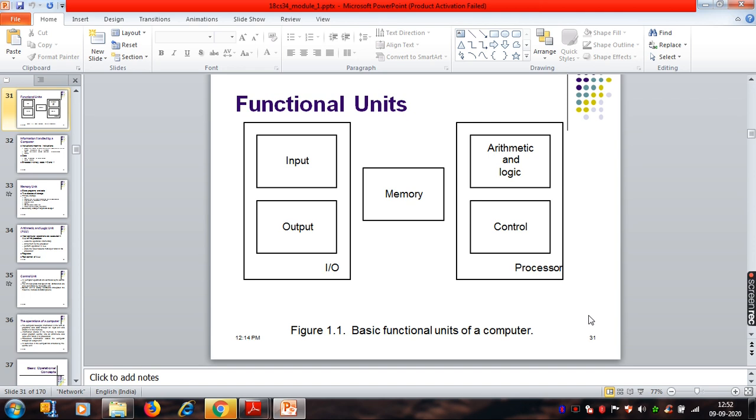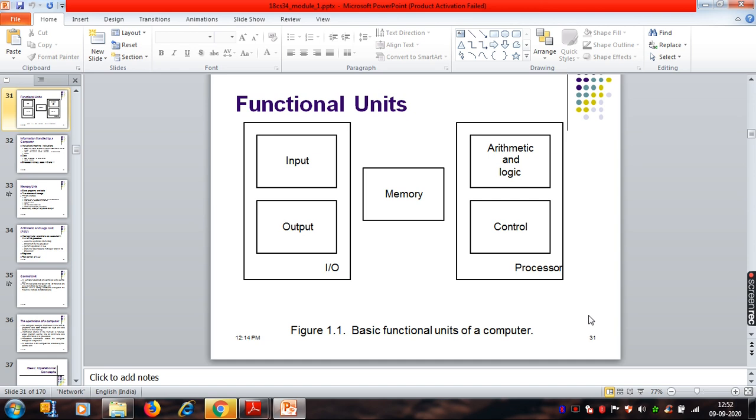So the control unit we call the heart of a computer. Almost all the control signals generated by the control unit make other functional units act according to the instructions we give. That's how the computer system works.